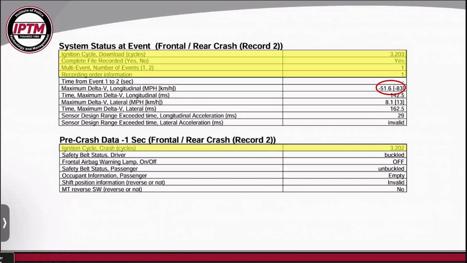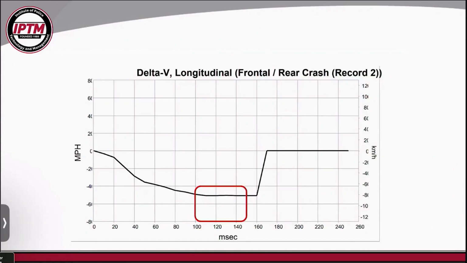If you guys remember, just a few slides ago, our delta V calculated from our conservation of linear momentum analysis, we got about 50.8, which I said you could round up to 51. Well, what we're starting to see here is our conservation of linear momentum analysis already lining up very nicely with the information contained within the event data recorder report. What we're seeing here is just a graph